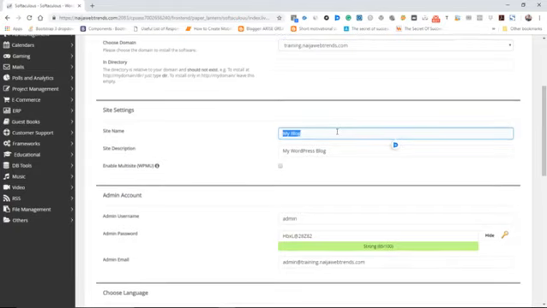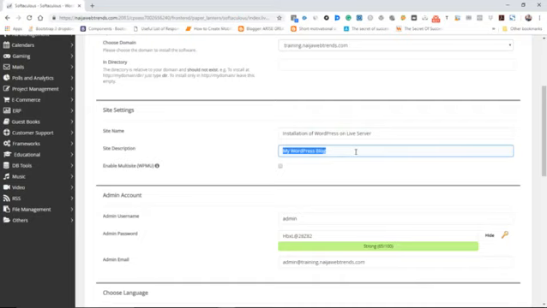So what's the title of my website? Let me say installation of WordPress live server. Then you can give a description. Let's say a description. You want a description. Okay, let me say